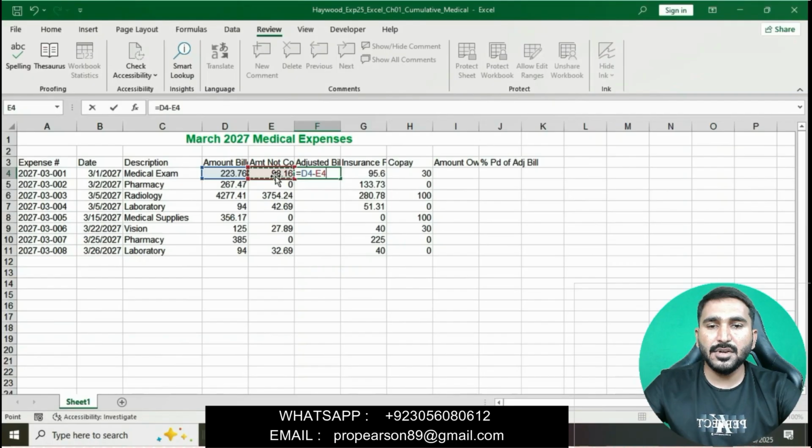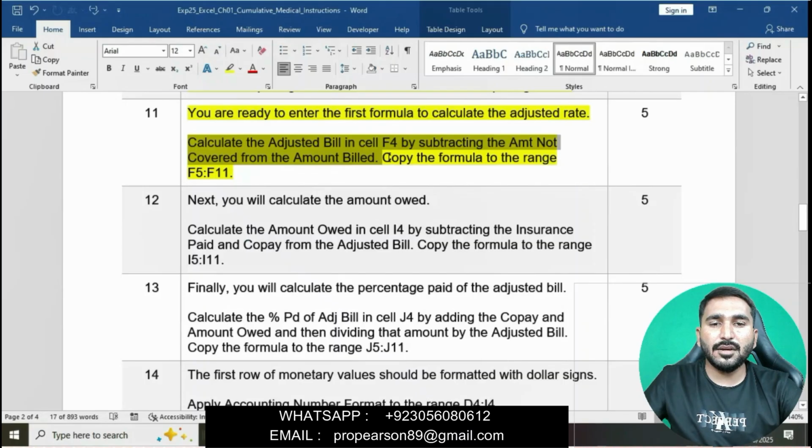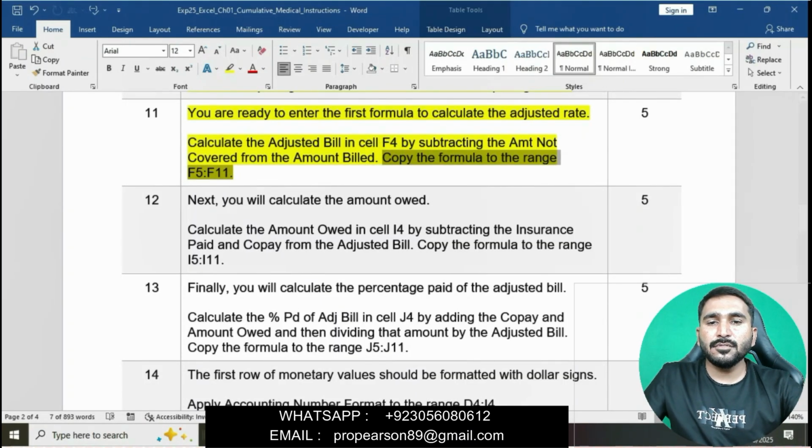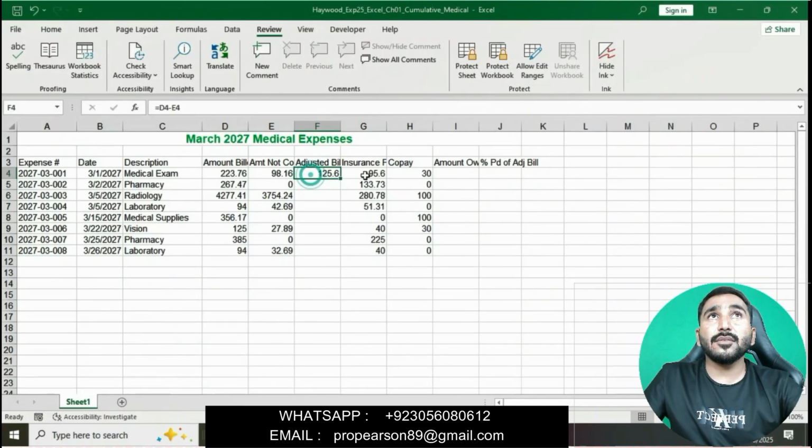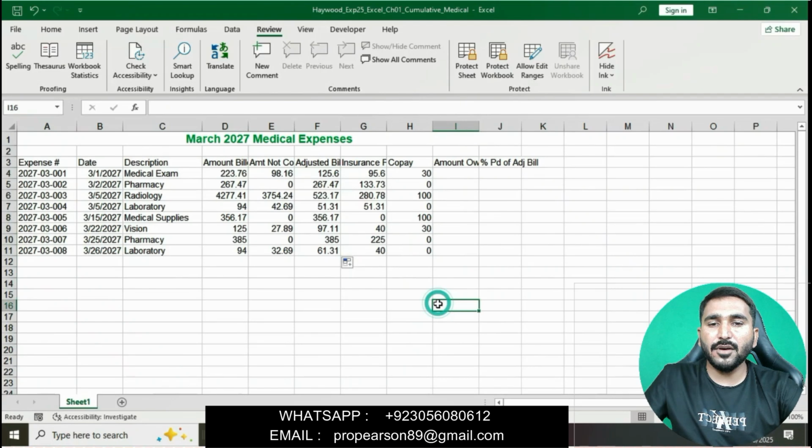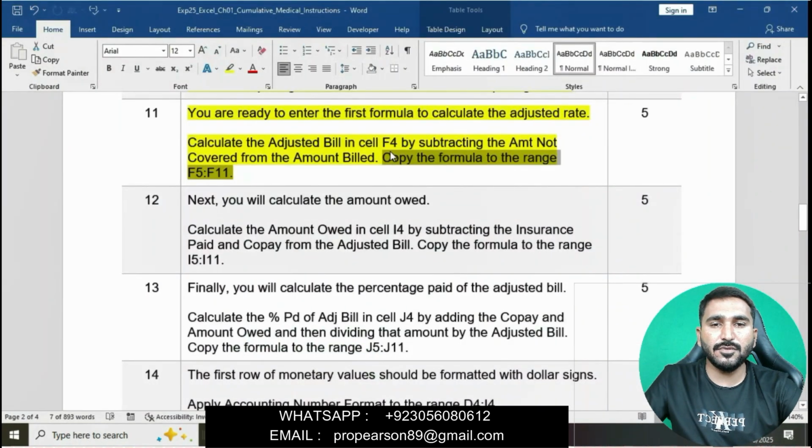It will find the adjusted bill. Then copy the formula to the range F5 to F11.